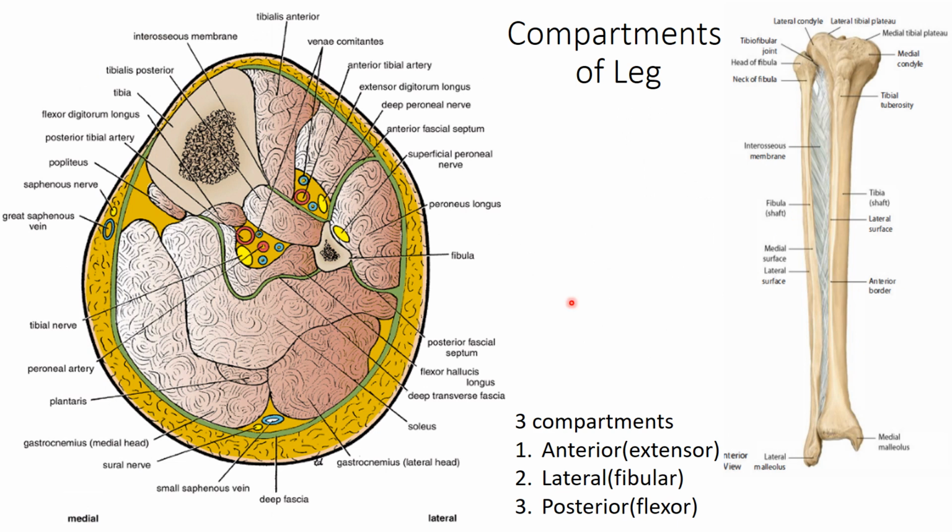Now let's understand these compartments of the leg with respect to the sectional view. These are the compartments of the leg shown in the sectional view. This is the shin of the tibia, the medial surface of the tibia, and this is the anterior border. From here, the crural fascia is attached, enveloping these compartments, and posteriorly it is attached to the posterior border of the tibia. And this is the interosseous membrane running between the interosseous border of the tibia and the interosseous border of the fibula.